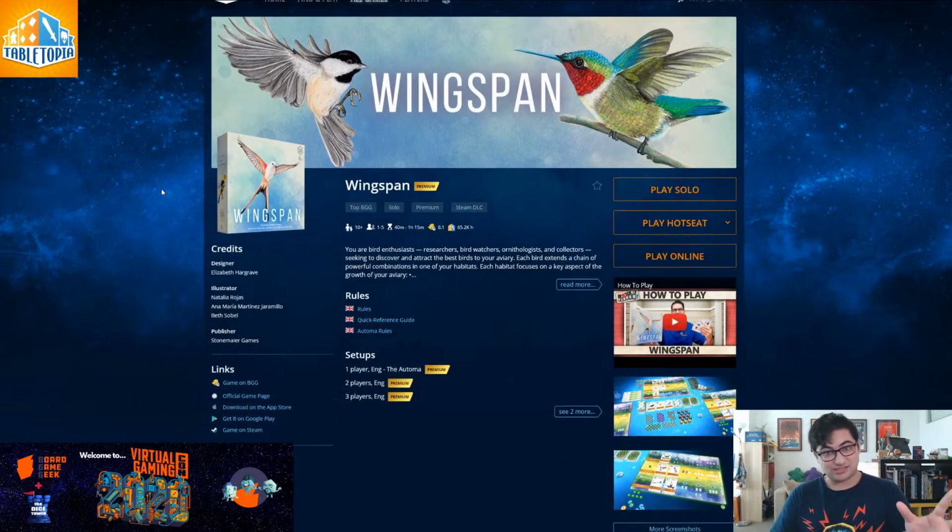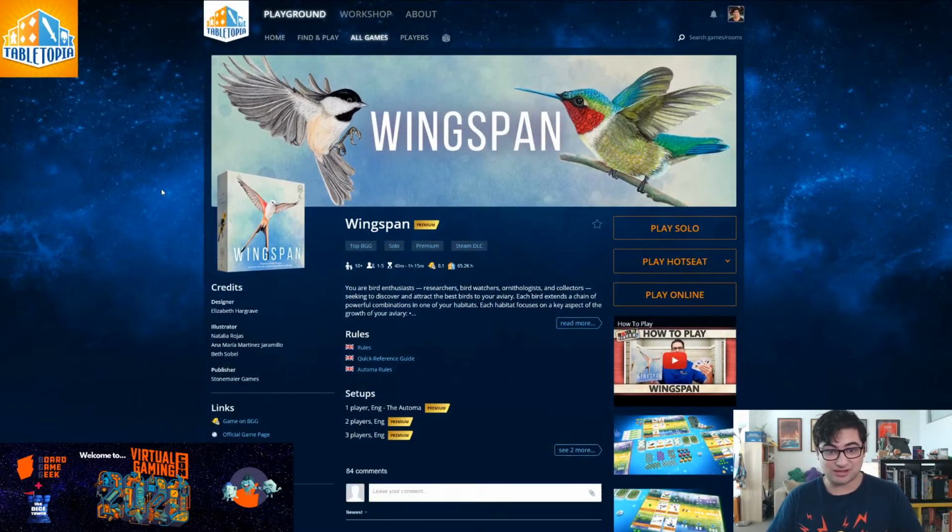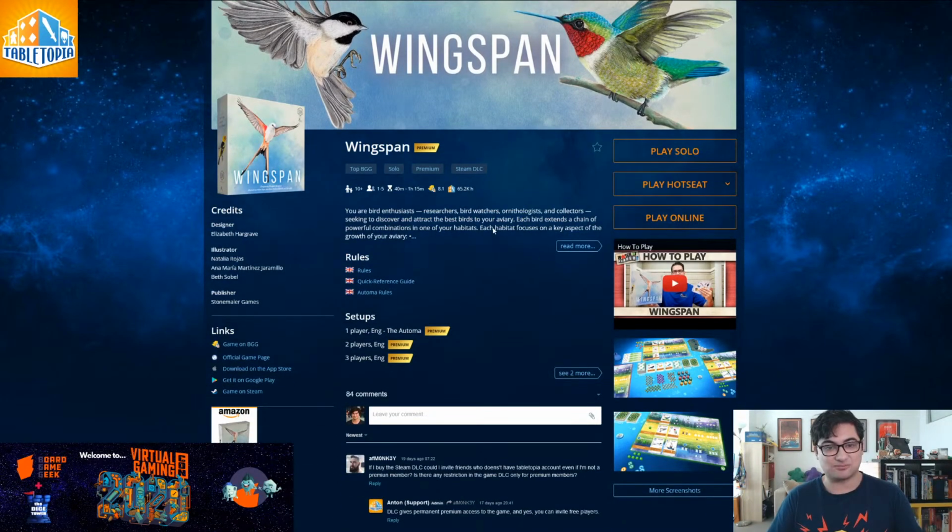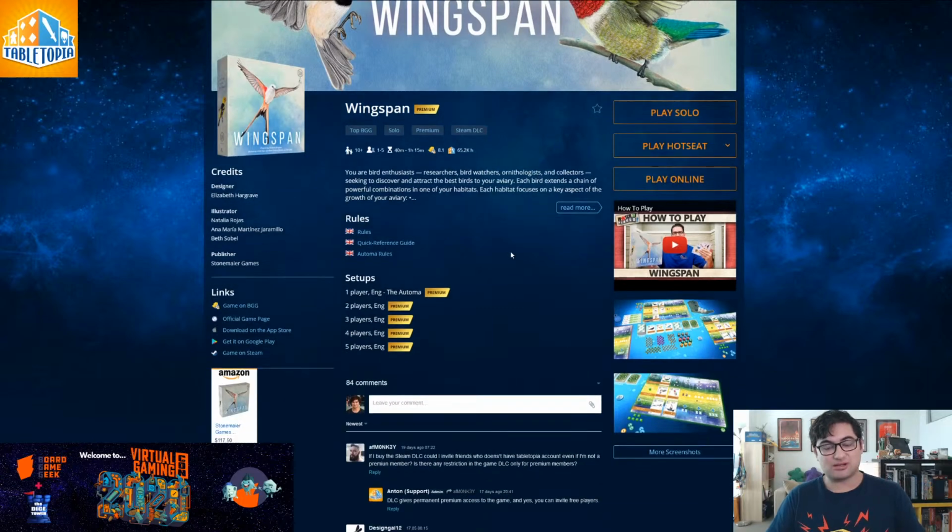Now, as you can see, this is the game page where we have all the different game settings and options. On Tabletopia, we have a thing called setups down the bottom here. The setups are the different iterations of how the game could look. In this case, we've got the 1-player through 5-player setups. These are all the available ways that we can have the game ready and prepped to go when we get